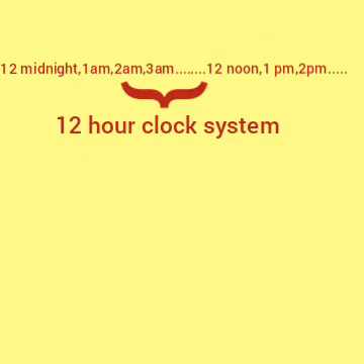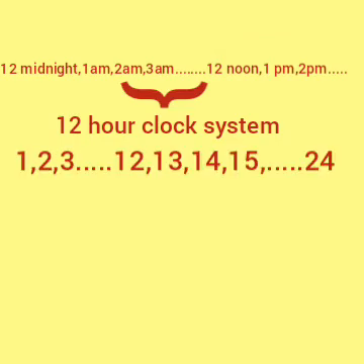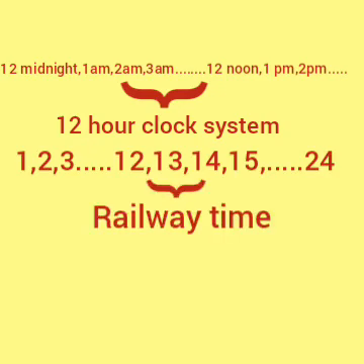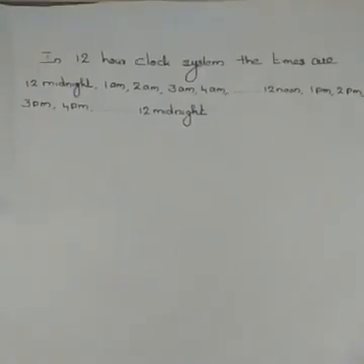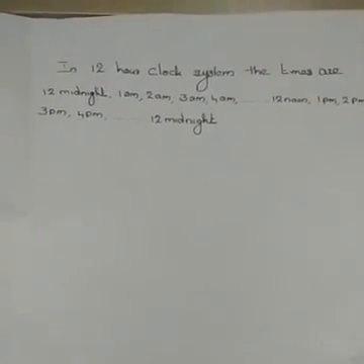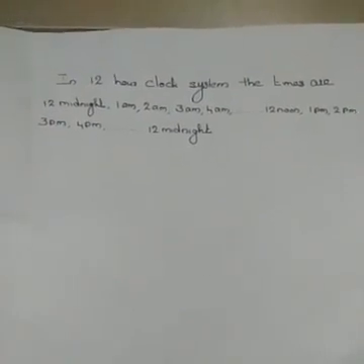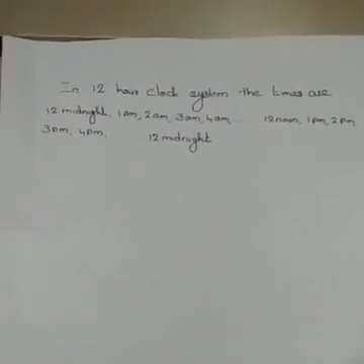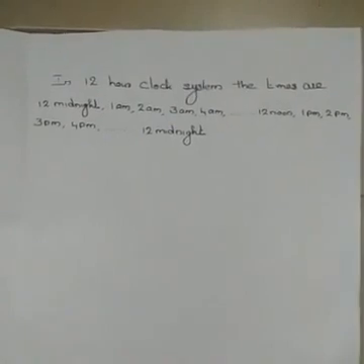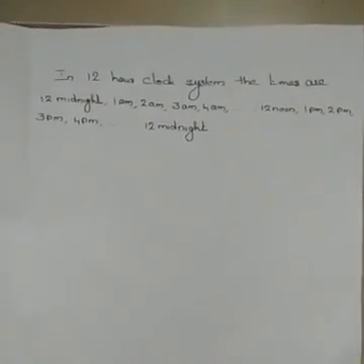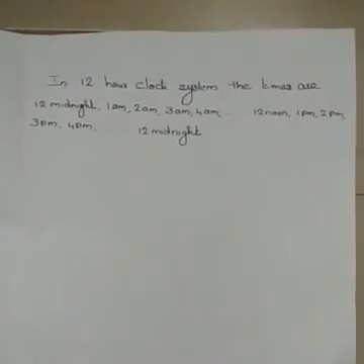That means after 12 noon, the time continuously goes as 13, 14, 15, etc. up to 24. The railway time has no AM or PM. In the 12-hour clock system, the times are 12 midnight, 1 AM, 2 AM, 3 AM, etc. up to 12 noon. Then after that we count 1 PM, 2 PM, 3 PM, 4 PM, etc. up to